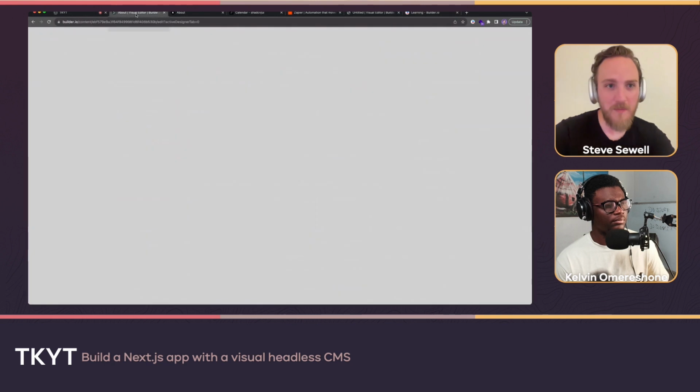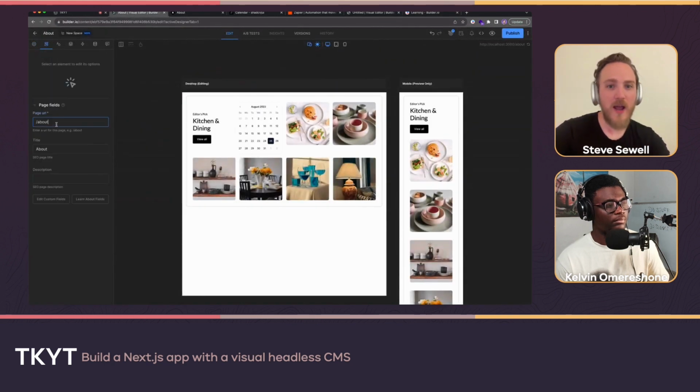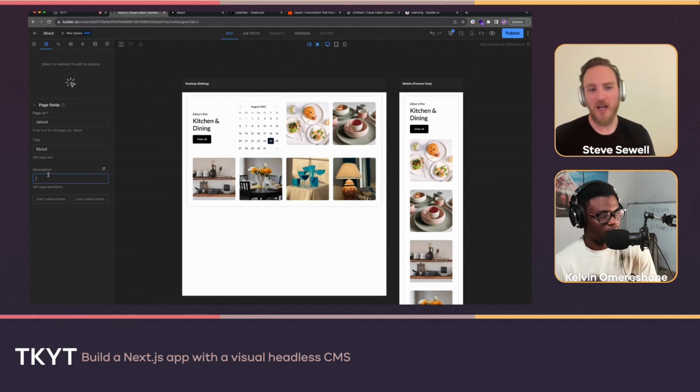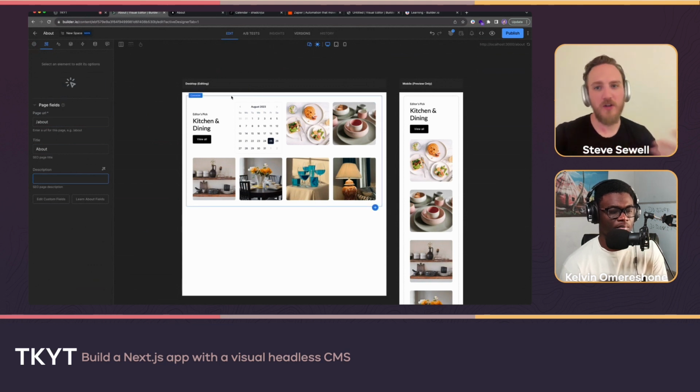So a beautiful thing about Builder is under the hood, it is all just structured data. So any page or section or anything visual you create, you still can have whatever structured data fields you want. So just like a headless CMS, you can define that there are additional required fields for every page. A page needs a description, they need an OG image, all that. And then that becomes this form interface, and you supply all those fields. And then when you render,